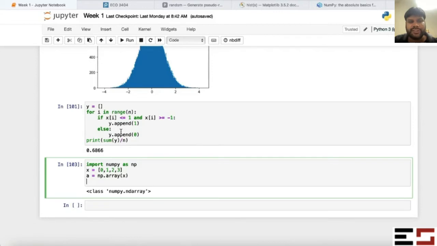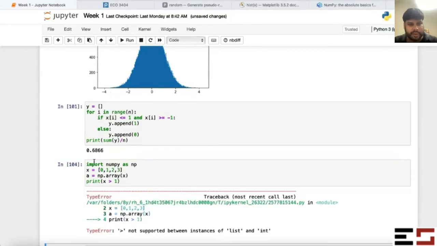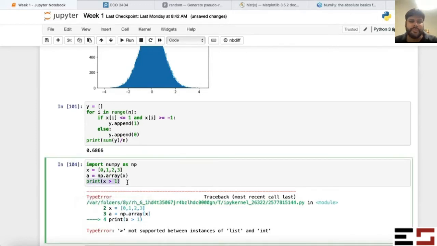For example, if I do something like print x greater than 1, where x is 0, 1, 2, 3, there is an error, right? It's a list, you cannot compare it with an integer. But if you do this with a, print a greater than 1,